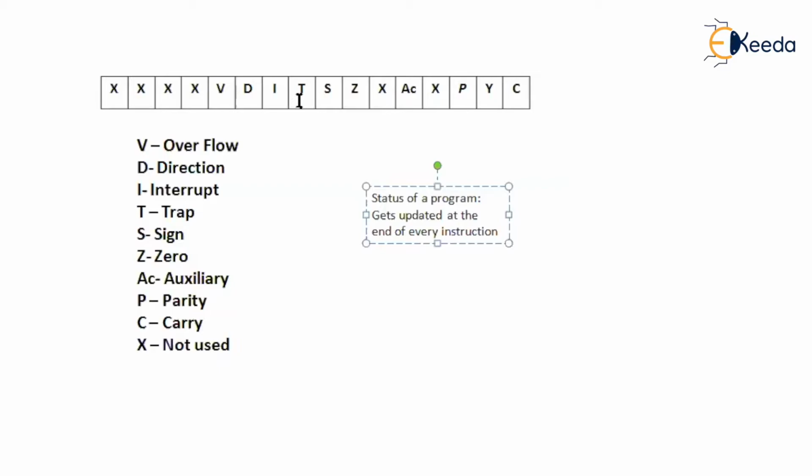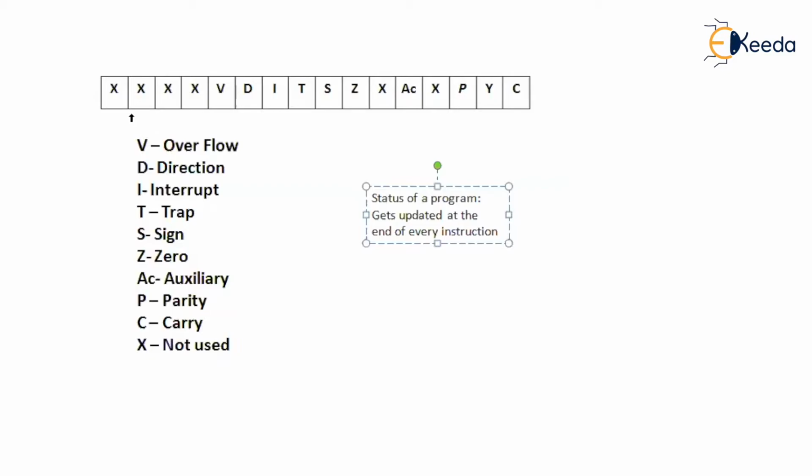Let us stay focused. Here, this is a 16-bit flag register: 1, 2, 3, 4, 5, 6, 7, 8, 9, 10, 11, 12, 13, 14, 15, 16. Because in 8086, the size of a register is equal to 16 bits. I'm not getting into the details because those architectures were explained in my previous classes in terms of single accumulator organization and general register organization. I'm not getting into the details of those registers again.